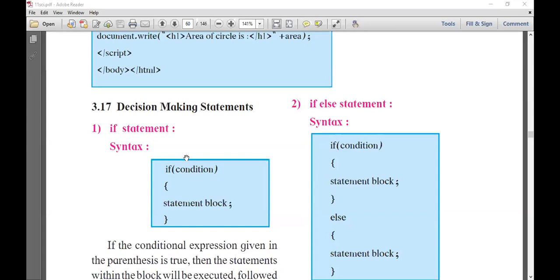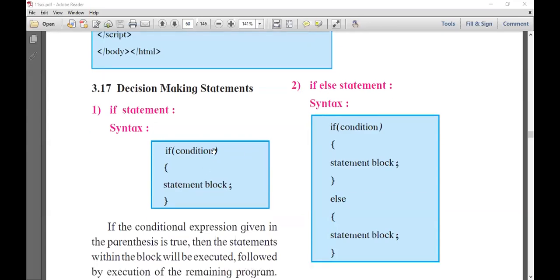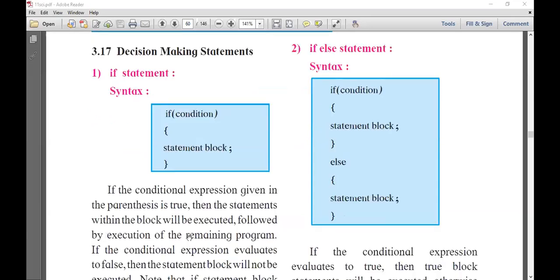Okay, so I'm showing this if condition. If condition is true, then statement block will execute. If condition false, then next statement of statement block will execute. Okay, I'm explaining this part. See,